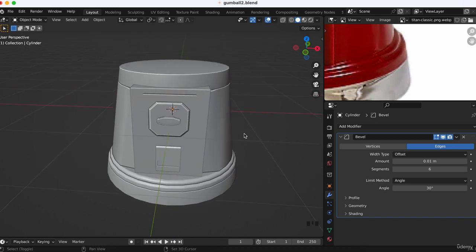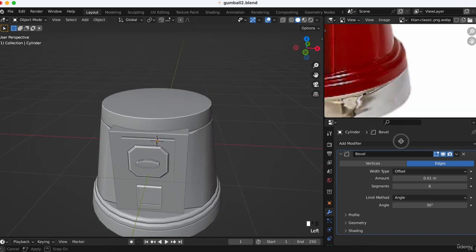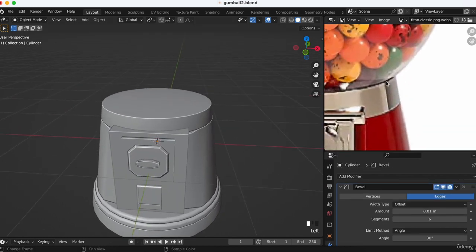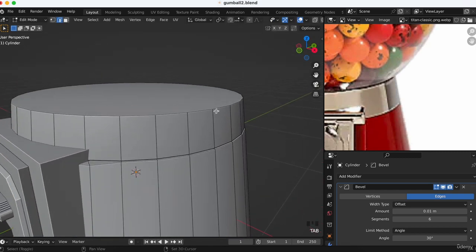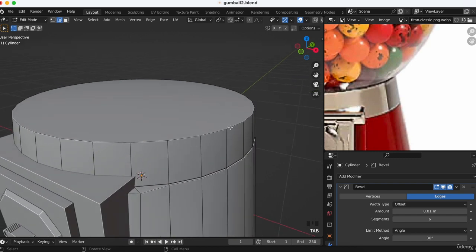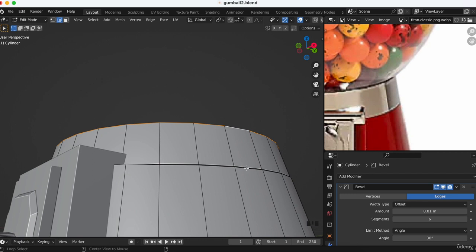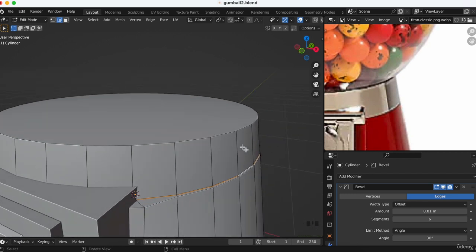And also this part is round and this part too, so edit mode, Alt click this part and also Alt click this part. First we're going to do this part because the bevel is going to be bigger here,